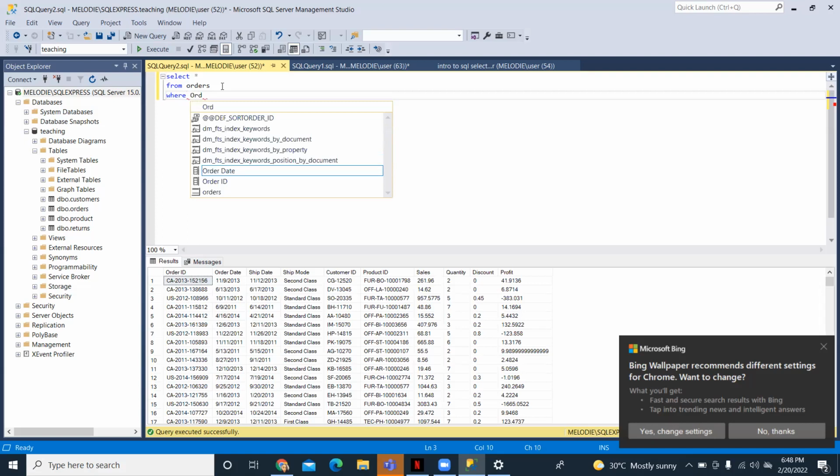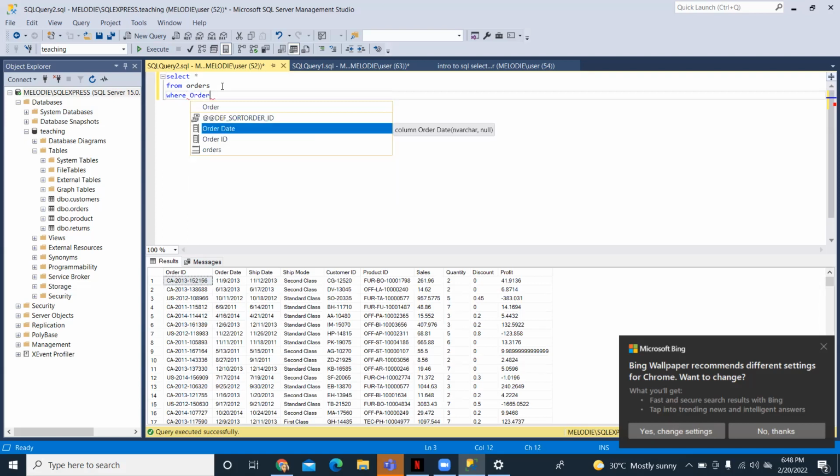Now let's start answering some business questions. So now we want to check all the orders that came in during the year 2013. So that's what we're going to do now. We're selecting all from orders where order date equal to 2013. The format of this order date of this table is